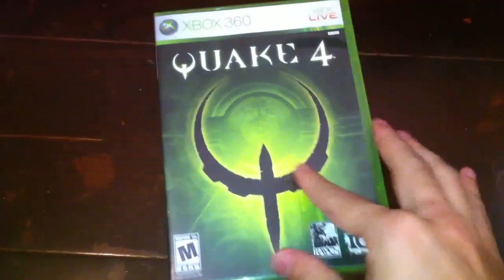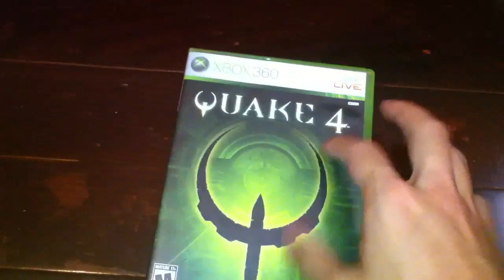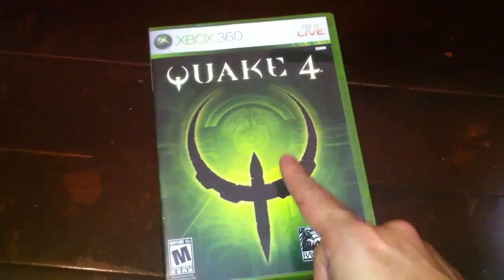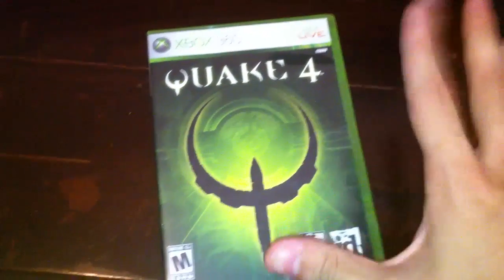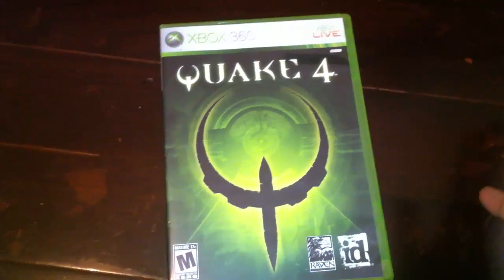Next is QUAKE 4, but this one was actually a special edition. I think it was released only at Best Buy, and it came with a bonus disc that has QUAKE 2 on it, so that's really nice. And interestingly enough, they actually re-released QUAKE 4. QUAKE 4 was a release title for the Xbox 360, and they just re-released it again about a couple weeks ago, and they didn't do anything to it. So I find that really bizarre, but I picked this up for a couple bucks off eBay